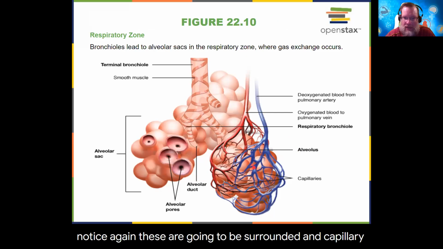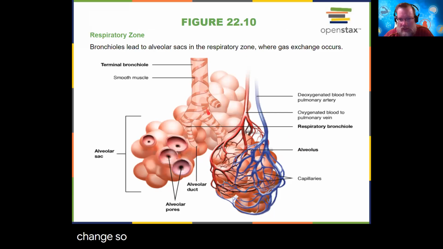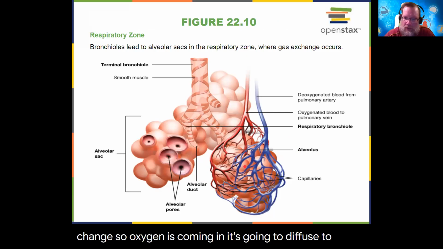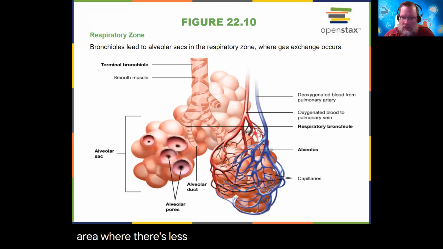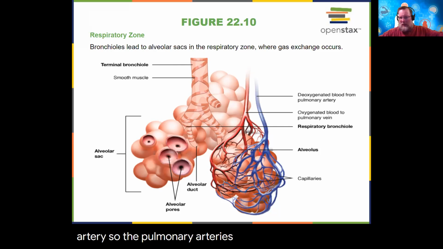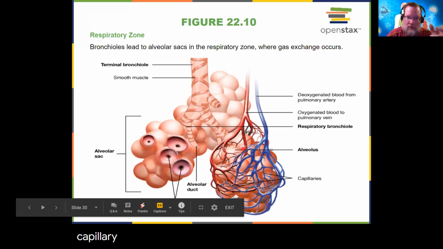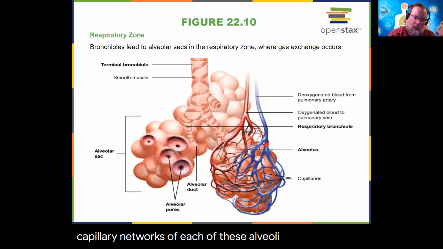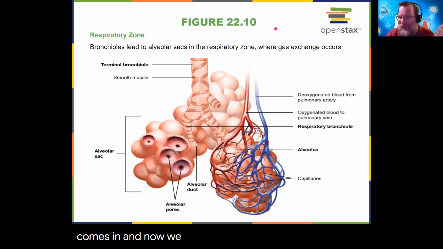This is where we're going to have gas exchange. So oxygen's coming in. It's going to diffuse to an area where there's less oxygen, which is in this capillary network from that low oxygen blood that the heart just pumped over to the lungs via that pulmonary artery. Okay, so the pulmonary arteries just all kind of spread out into smaller and smaller arterioles until they get to the capillary networks of each of these alveoli. Okay, so then carbon dioxide leaves, oxygen comes in, and now we send that blood back to the left side